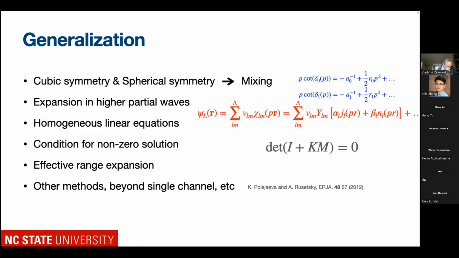So what we do here is we expand the wave functions in terms of functions that satisfy the boundary conditions, and expand these equations in higher partial waves. In doing this, we have homogeneous linear equations, and we solve this equation here. This is going to give us the correction due to